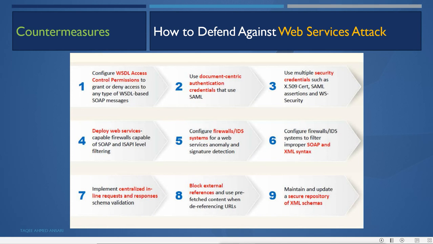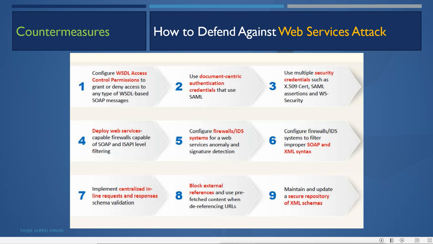How to defend against the web service attack? First, configure web service WSDL access control permissions to grant or deny access to any type of WSDL-based SOAP messages. Use document-centric authentication credentials that use XML. Then use multiple security credentials such as X.509 certificates, SAML assertion, and WS-Security.